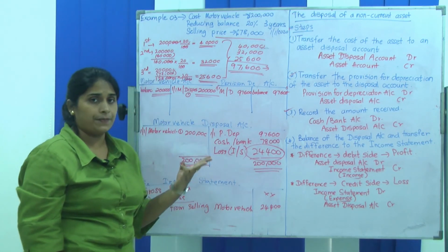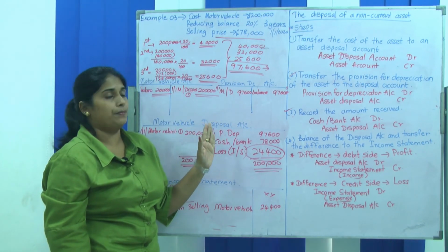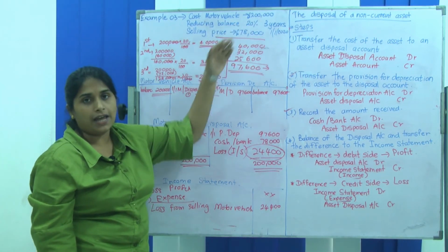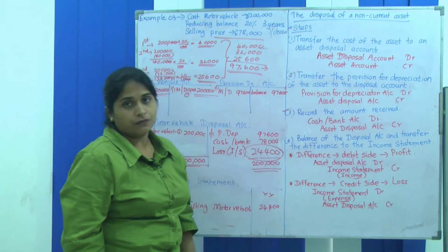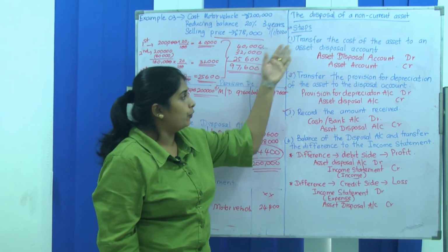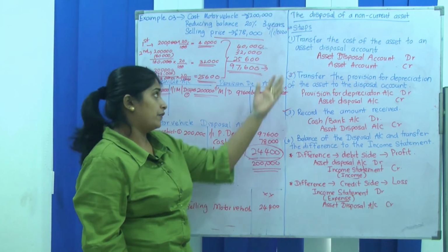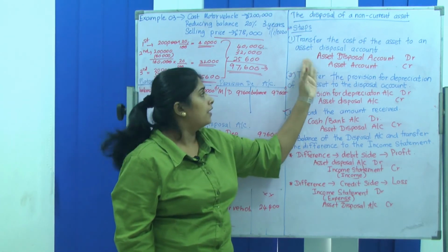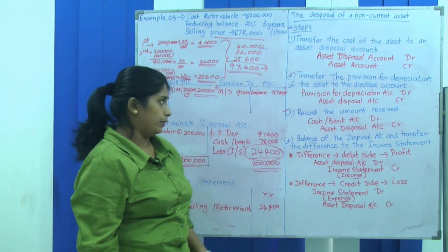So there are 3 types. First type where they have calculated and given you the total depreciation. The 2 other types are they give you the method and the percentage. Okay children, so these are the steps that you have to follow. So it will be easy if you memorize these steps and memorize these double entries. So first step, you have to transfer the cost, where the double entry is the particular asset disposal account will be debited and the asset account will be credited.